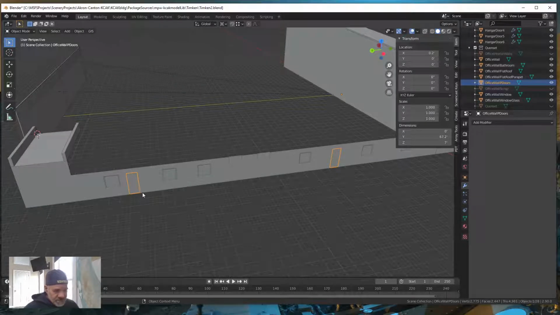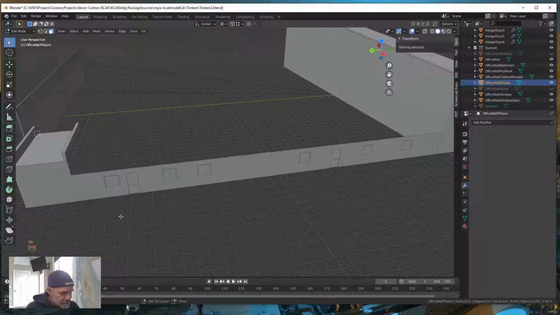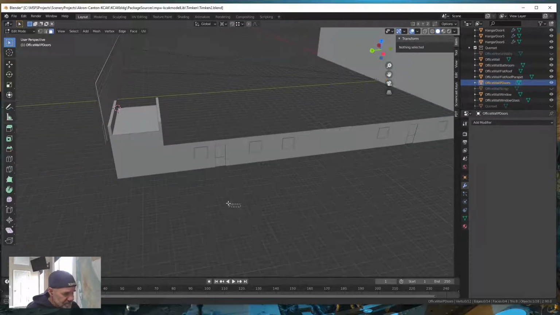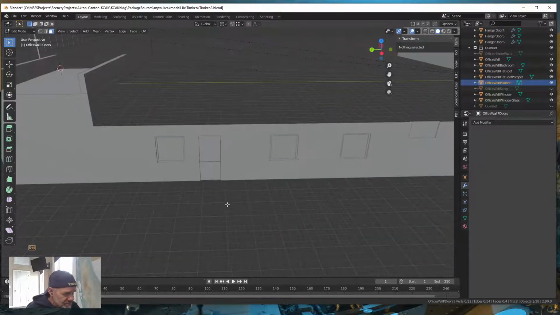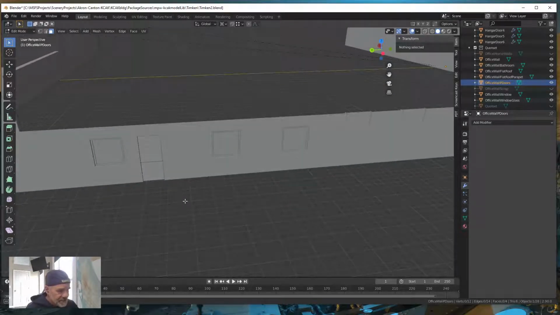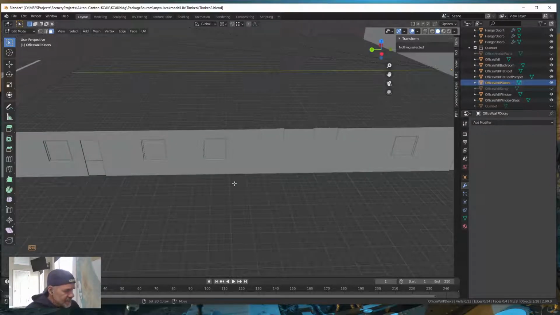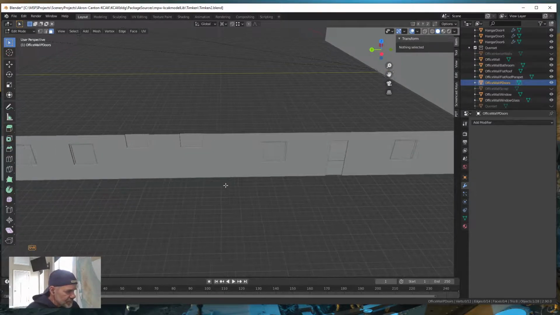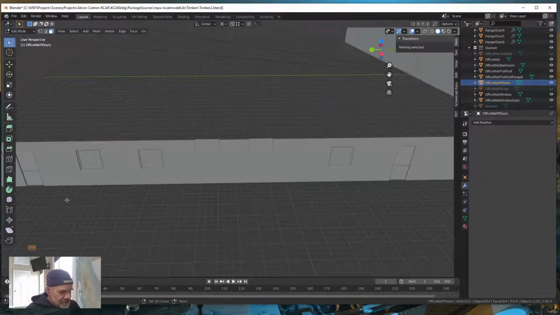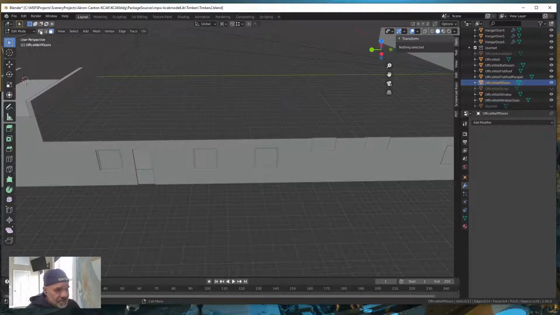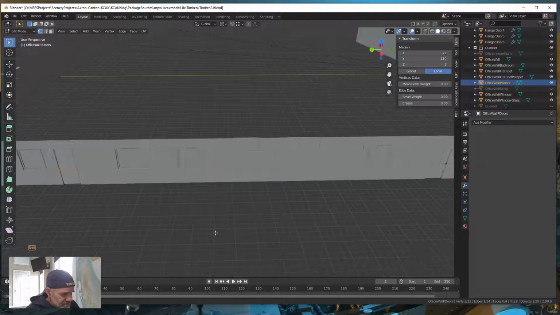So with the door selected, go into edit mode. Now you notice that our door is split from when we did our loop cuts. We have extra vertices that we don't need, or they're in the incorrect spot, right? So what we can do is, we know that we're going to need a loop cut at the top of the door for the top of the window, right? And we're going to give it a half foot thickness at the top. So we want to turn on our vertices, select those vertices,